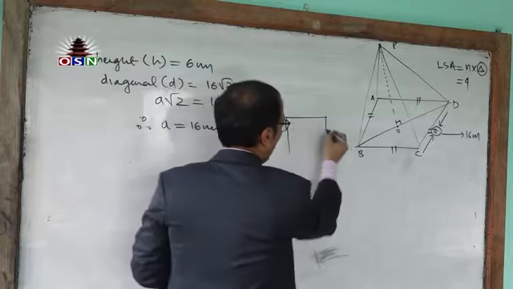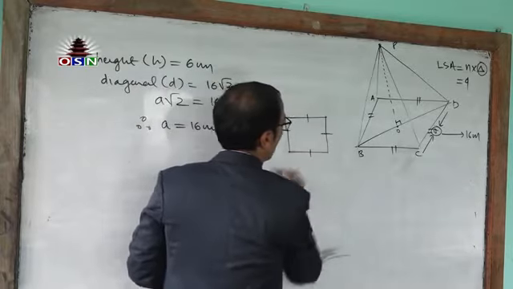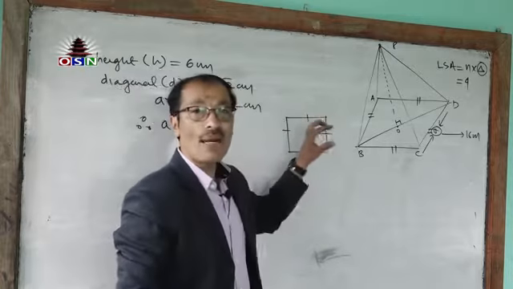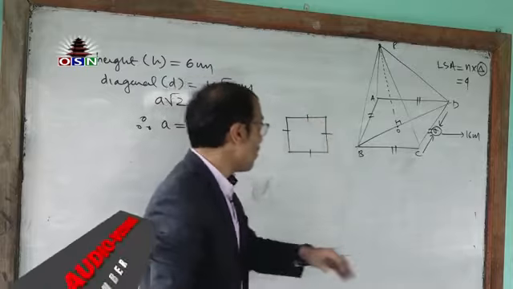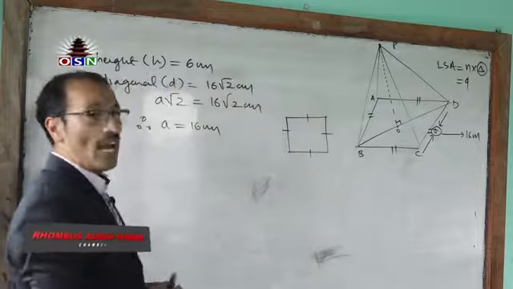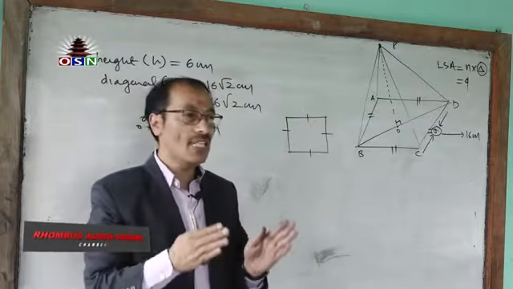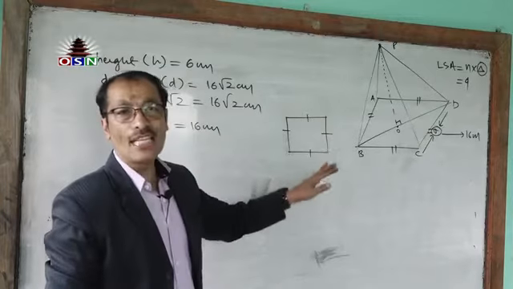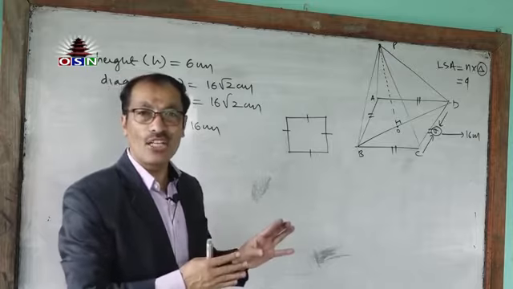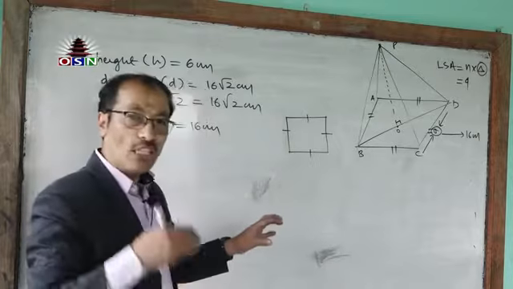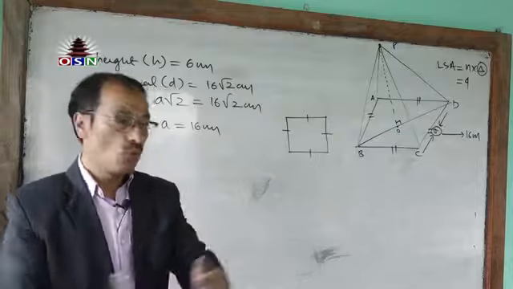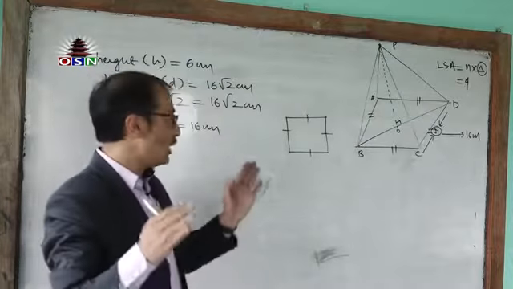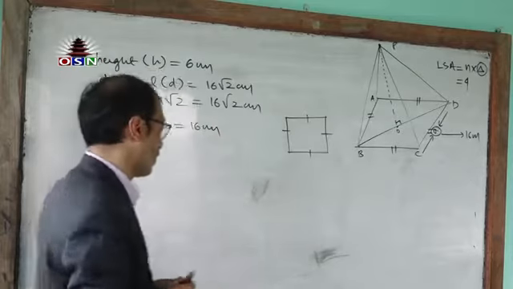What type of base do we have here? I said that all the sides are equal in the base. It means this is a square base pyramid. In the examination, mostly you will have a question where it has a square base. This is a very important question, so I am going to make you clear again by an alternative method. One method we have already completed, that is a little bit longer. So I am going to teach you a simple one, but you will have to remember some formulas.